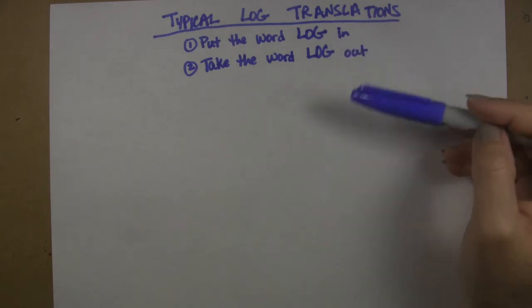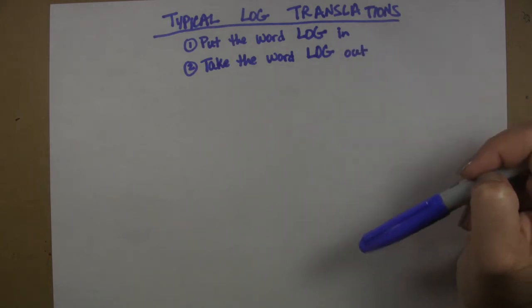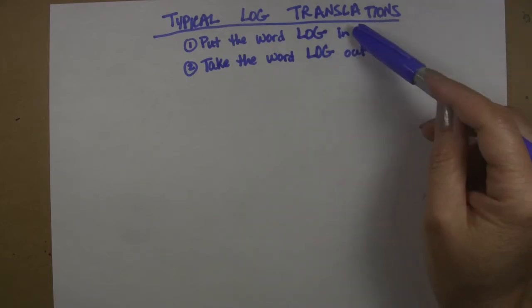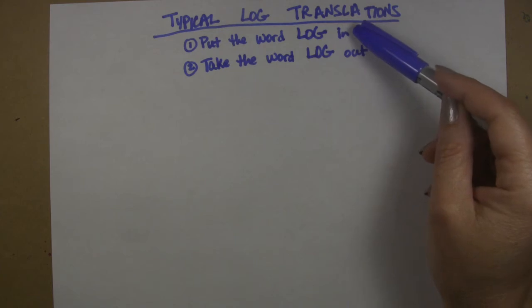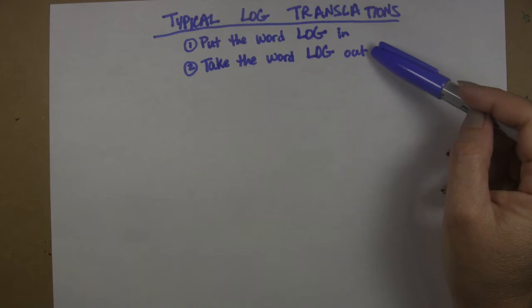In other words, the typical type of manipulation that they're going to ask you to do with logs. And basically there's two types of problems. One is they want you to put the word log in an equation, and the second type of problem is they want